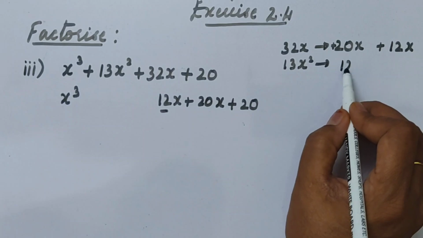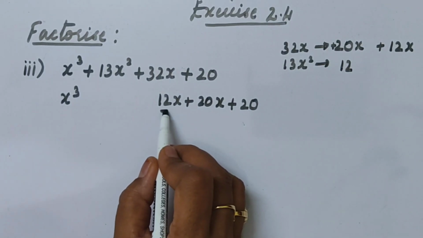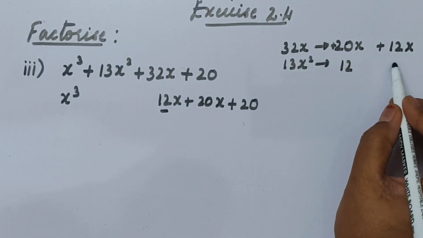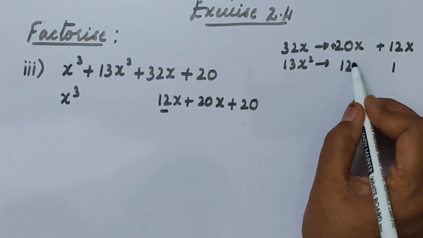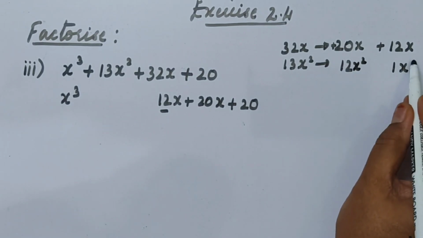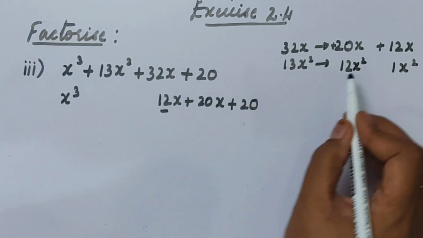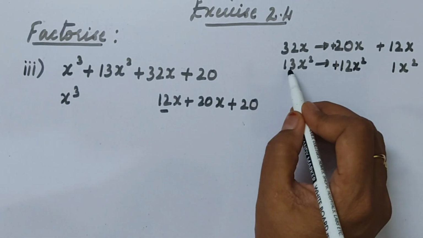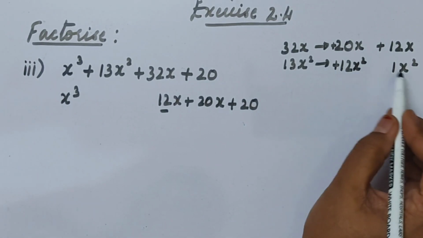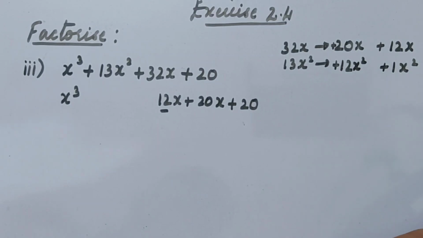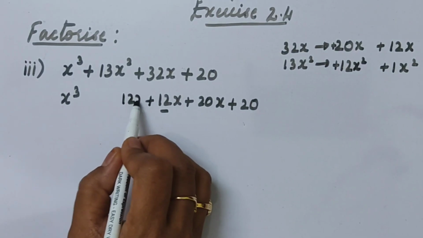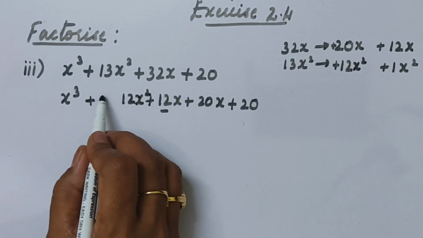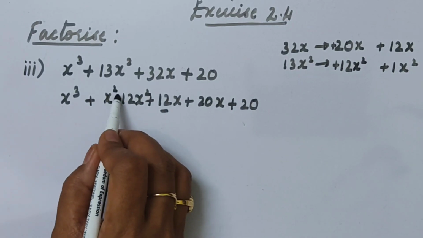Now my next number is 12. I need to start with 12. Okay, see here, next number is 12. So 12 plus 1. If I add these both, I am going to get 13, right? Now x square, both the sides I'll write. Now as there is a plus sign, I'll write here plus. To get 13, I need to add these both. Add means same sign repeats. So this is plus 12x square plus 1 into x is x square.